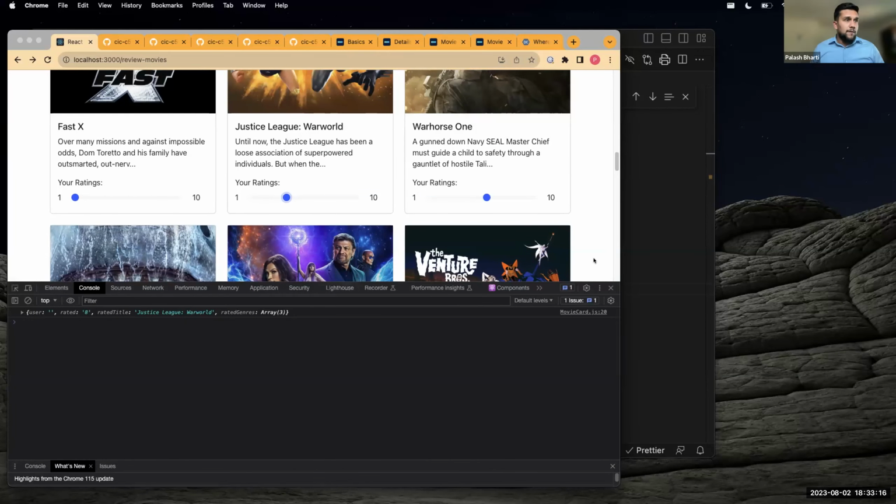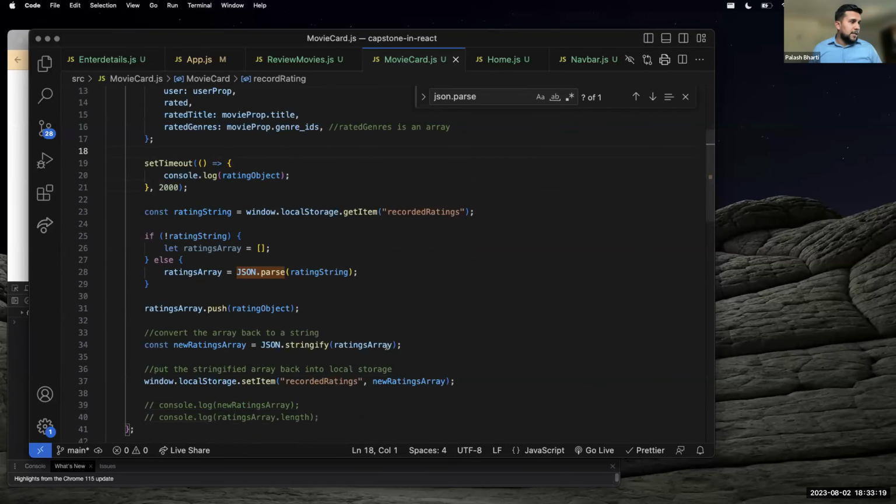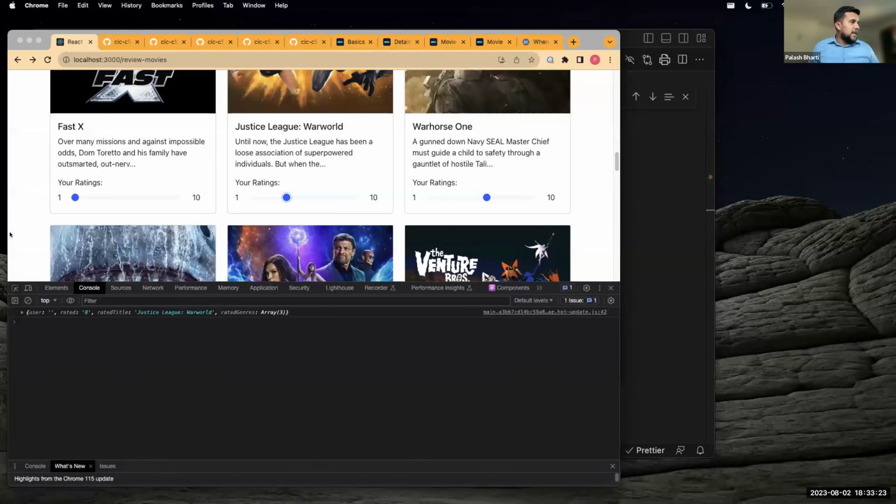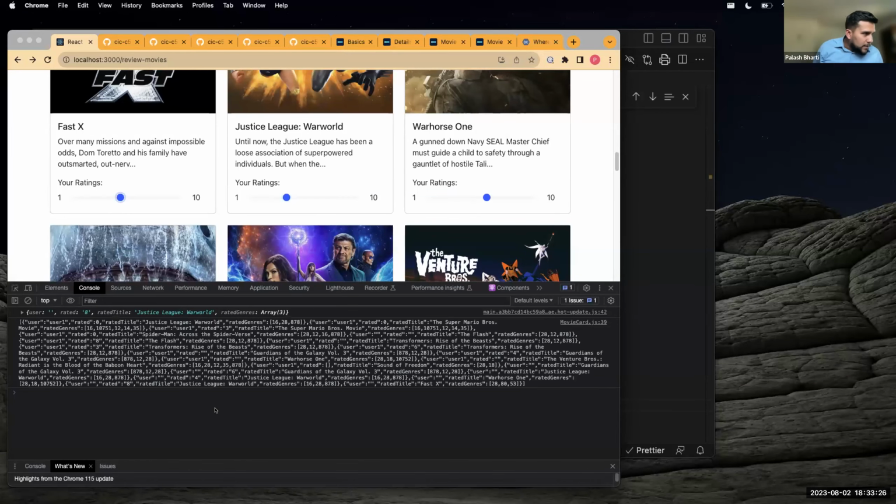Gotcha. Can you do me one favor and see if I need to wait a couple seconds? Now if I do one, it puts in here, stringifies the entire thing, pushes it into an array, stringifies it and saves it in the local storage. But when I do that, it doesn't say anything, like the user is blank, rated title. It still doesn't give anything. Should I-